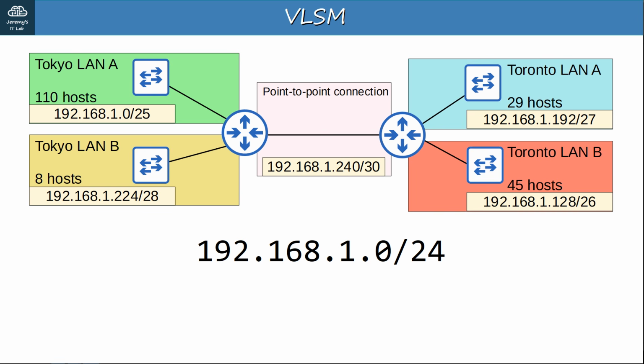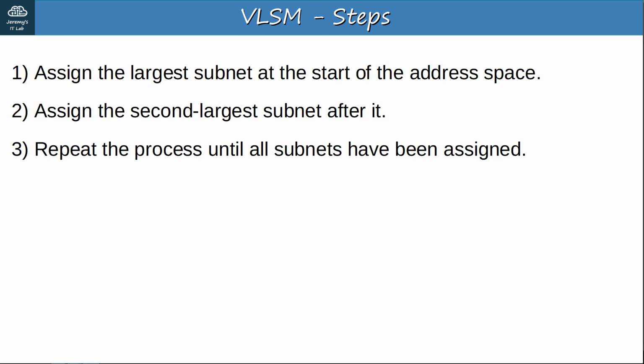Okay, so we successfully subnetted this network using VLSM, and there is still a little bit of address space left. Notice that each subnet uses a different prefix length. If we tried to use the same prefix length for each subnet, there wouldn't be enough address space. But with VLSM, we were able to do it and leave some extra address space at the end. So here's a reminder of the steps of VLSM. Start with the largest subnet and assign it at the beginning of the address space. And then proceed to the second largest subnet, etc., and repeat until you have assigned all necessary subnets. VLSM is a great way to use network address space more efficiently.